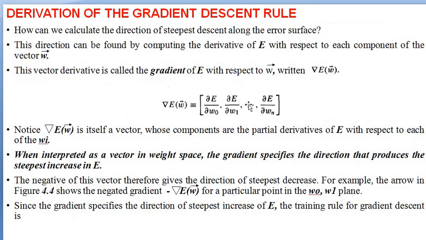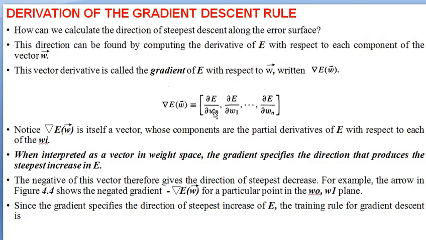So, this is the derivation of the gradient descent rule. This is the representation of how we can write the gradient descent for the error. This is the gradient of E, the error vector, which is nothing but partial differentiation. I think you know 'dou'; in mathematics you can call it delta as well as dou, partial differentiation, or derivatives. I think you know better than me, right? So, dou E by dou W0, dou E by dou W1, like this up to dou E by dou Wn.